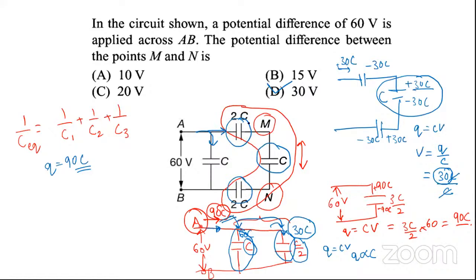So to find that, we calculate the total capacitance of these three. That came out to be C by 2. So we had this structure. Wait, let me make this again. See, 90C is coming from over here, and charge is directly proportional to the capacitance of the capacitor. Like